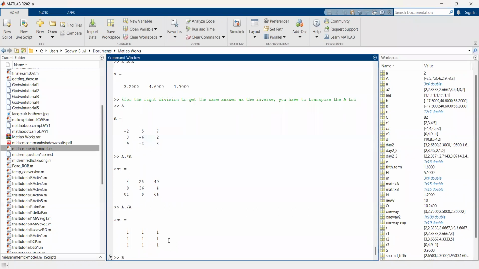So let's say we have our A, we have B. So let me just create a matrix B right now. So B is